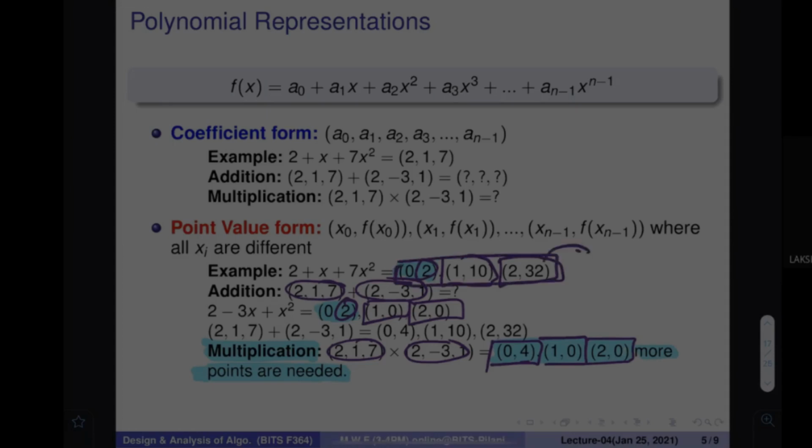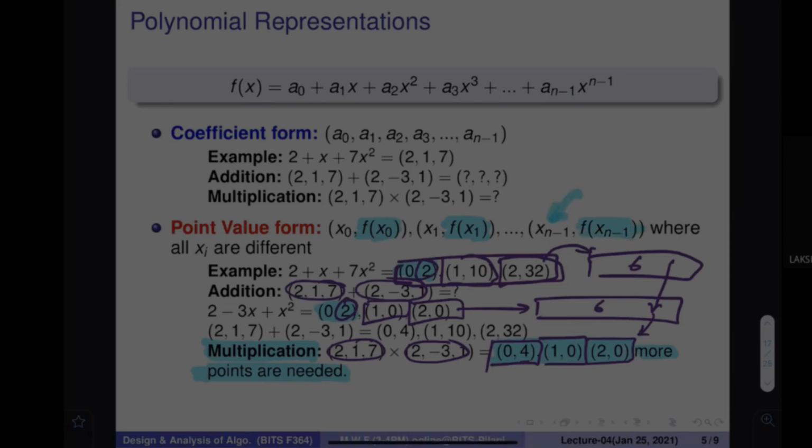So if you had taken 6 points over here, and here also the 6 points, having 6 points doesn't mean that I'm going to have a different polynomial. So using them immediately I can find out the multiplication in the order of n time, where n represents the 6. Make sense? So you can think that it is very much needed that I find out the value of this particular function on the given values.